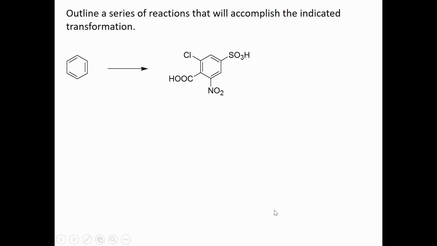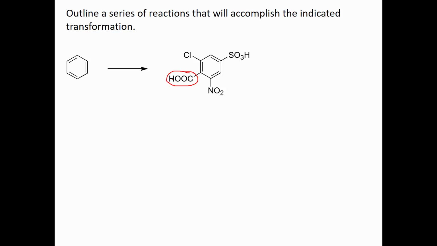Okay, let's look at this one. Here we have several groups on our benzene ring. What we see here is that all of the groups are actually deactivating groups right now. The most activating group here would be chlorine, and what we see here is that we have some things that are ortho to it and some things that are meta to it, so it's not going to be an effective controlling group at all. All right, so notice that everything is ortho para relative to the COOH group, and that's